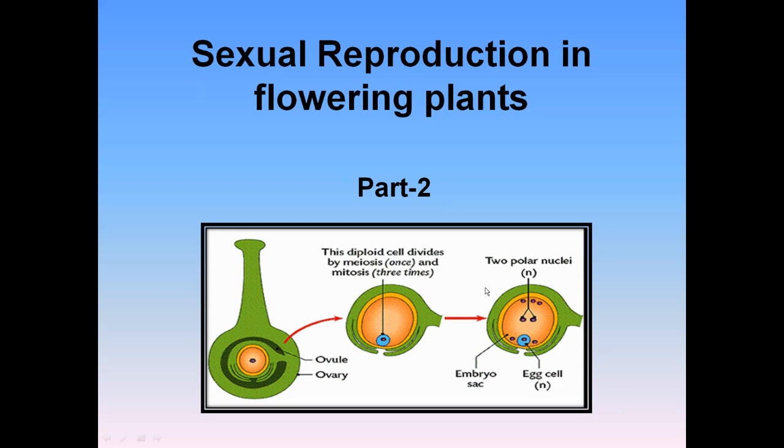Good morning, students. We are going to continue with chapter 2 of NCERT, that is sexual reproduction in flowering plants. In our previous presentation, we discussed microsporogenesis, in which we learned how the microspore mother cell gives rise to pollen grain and its various cellular composition. Now, the main motive of today's presentation is how megasporogenesis, or formation of egg in the embryo sac, is achieved. Now let's continue with the presentation.